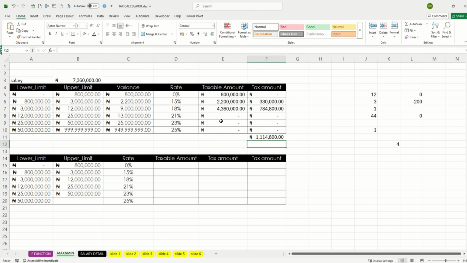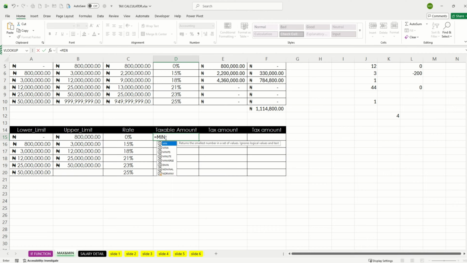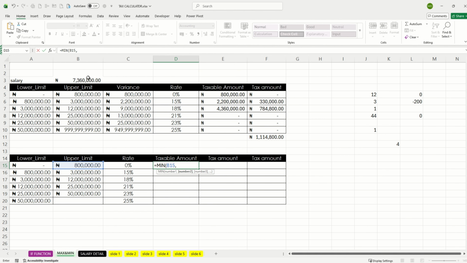So that's how to use the minimum to run this. So you can also use the max min, and I'm going to show you that. You don't really need to write a lot of equations doing that, but it's very technical. So let me just show you how it works. So the first thing you need to do, you are going to put in equals to sign, and you're going to write min. So let's just do the min part, so you get to understand why you have to add max to it. So min, I'm going to say the upper limit, which is 800,000, comma,